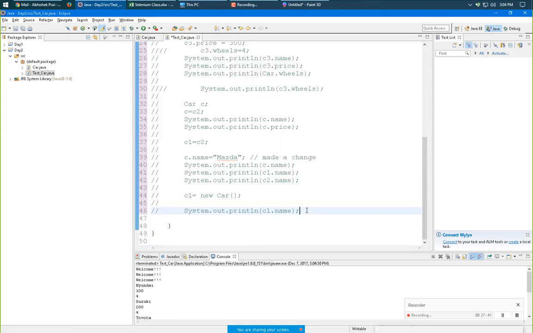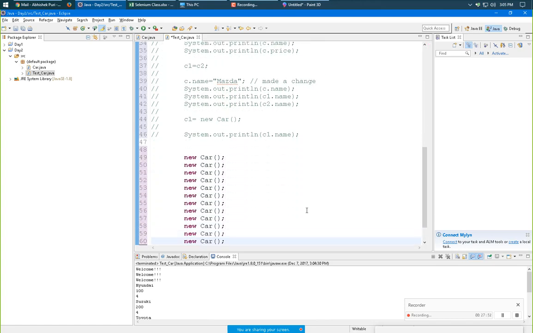So say, for your reference, if I do this, the total number of objects I created here are 1, 2, 3, 4, 5, 6, 7, 8, 9, 10, 11, 12. So there are 12 objects right now. We are not giving those objects to a reference. So see, there are 12 welcome messages now.